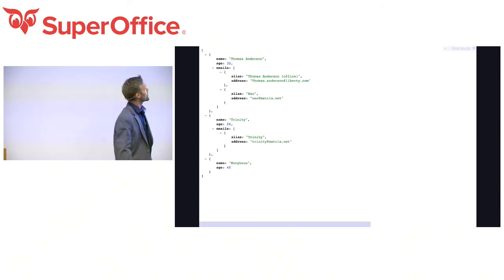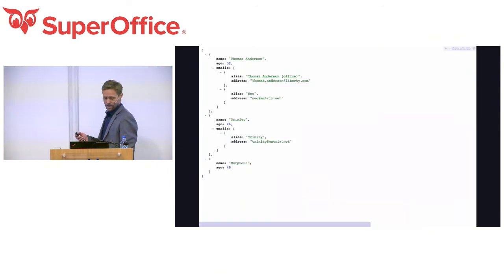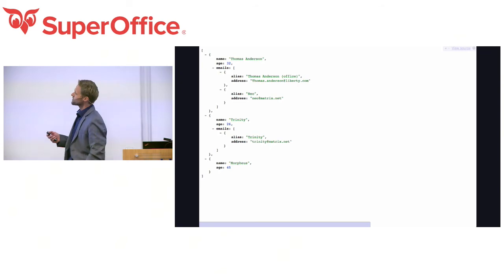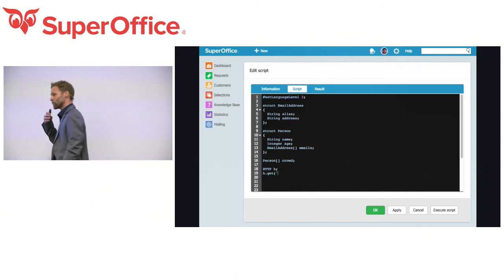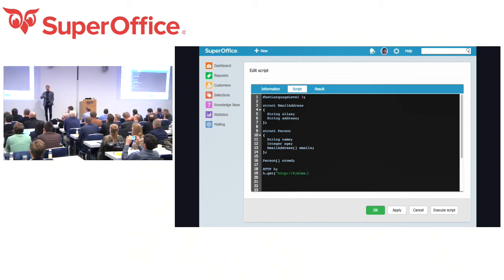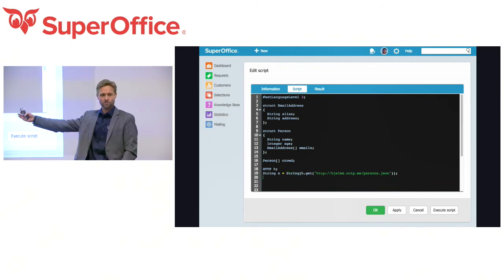So here I have created a JSON structure of some persons with age and various numbers of email addresses. And then, let's see, I'm going to go inside my script, and I'm going to fetch this. And this is how you would typically do it, right? You would use the HTTP object of our scripting language, and I want to get that JSON structure over HTTP